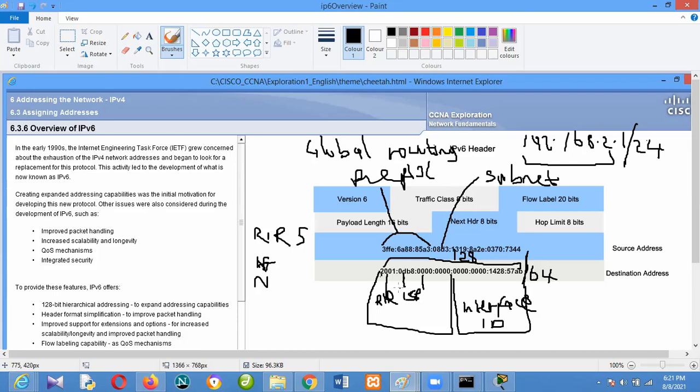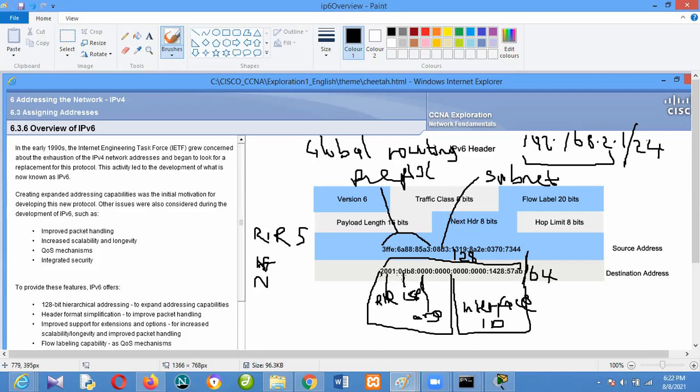So for Glo, if this is the IP address for Glo, that means all Glo IP version 6 must start with 2001:0DB8. Then when Glo wants to give an IP address to their customers, maybe a company or organization, this is what they give. So inside the global routing prefix, we have RIR, ISP, and organization. And if I ask you all this, you're supposed to know how to interpret them.